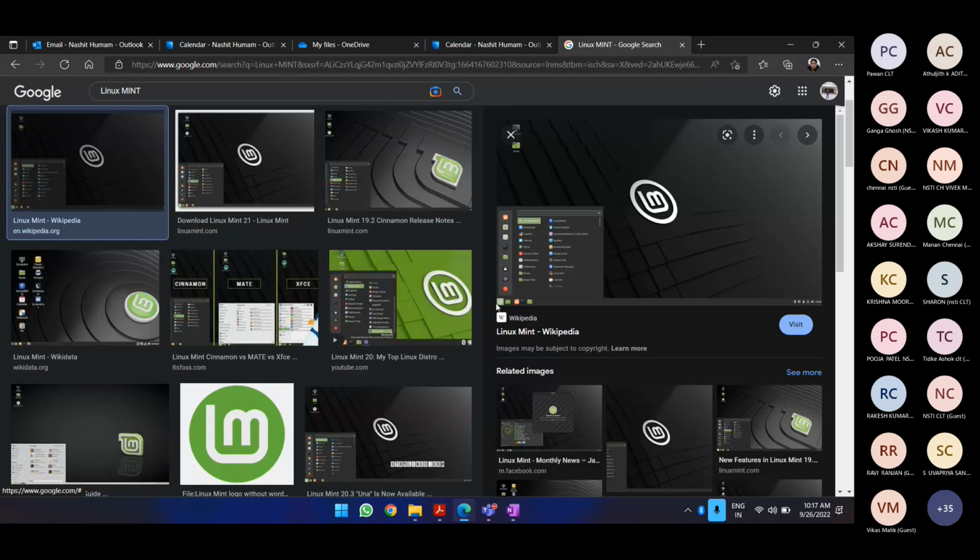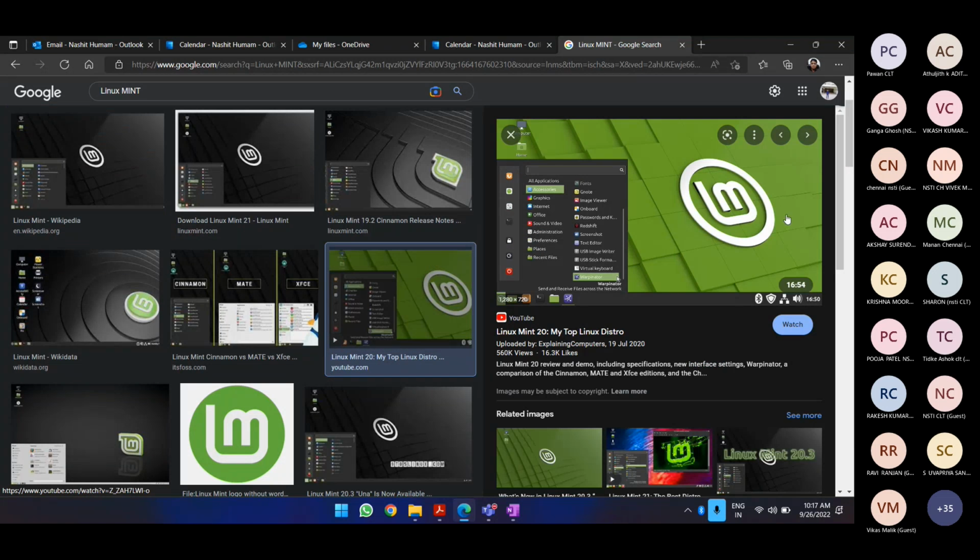You have the start button, it comes with your shutdown button and features and functions. So it is very similar to Windows. That is why it has been very popular with people who are very comfortable with Windows and have hands-on experience on Windows and are trying to work on Linux. That is why this operating system has been very much in use.